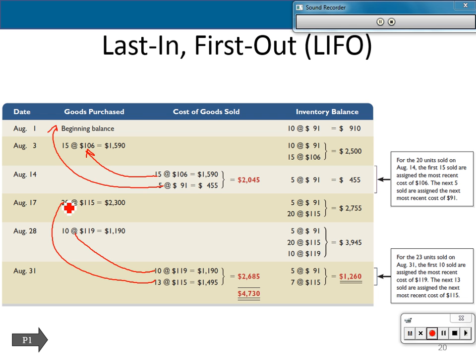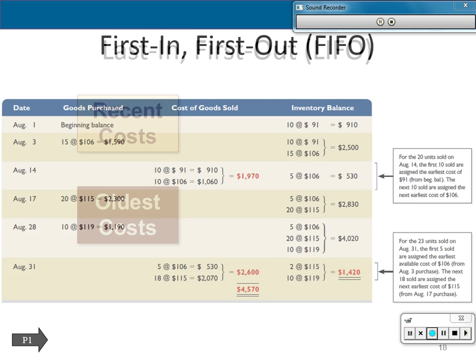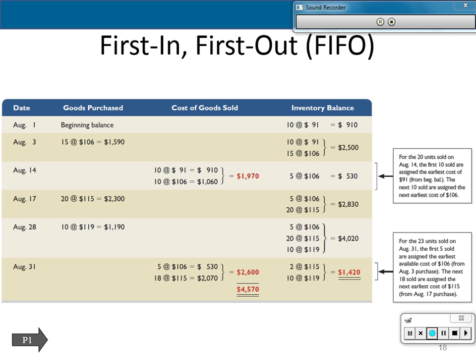So we understand LIFO, right? What about FIFO? Do we understand where those costs came from? I did FIFO, I'll have to watch. And I'm just going to draw the arrows here as well. So first,